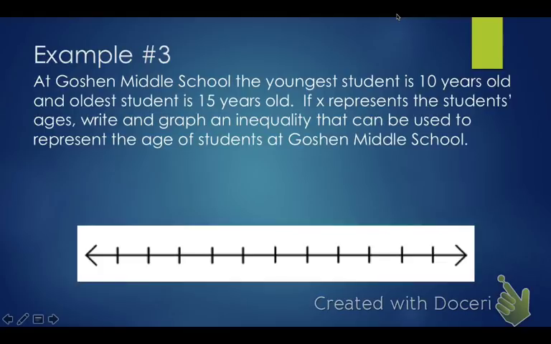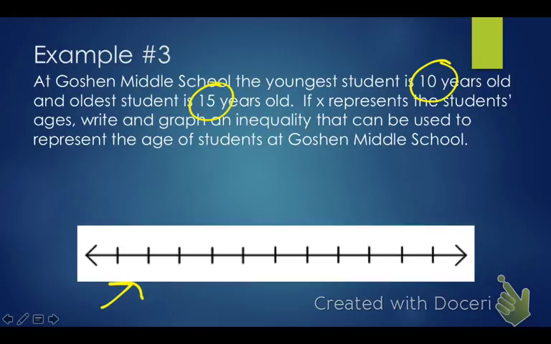Okay, this one. At Goshen Middle School, the youngest student is 10 years old, and the oldest student is 15 years old. If X represents the students' ages, write and graph an inequality that can be used to represent the age of students at Goshen Middle School. All right, so first of all, we need to make a graph. And this doesn't have numbers this time, which sucks, but our problem does tell us what numbers we need. We need 10 and we need 15. So we need between 10 and 15. So I'm going to find,